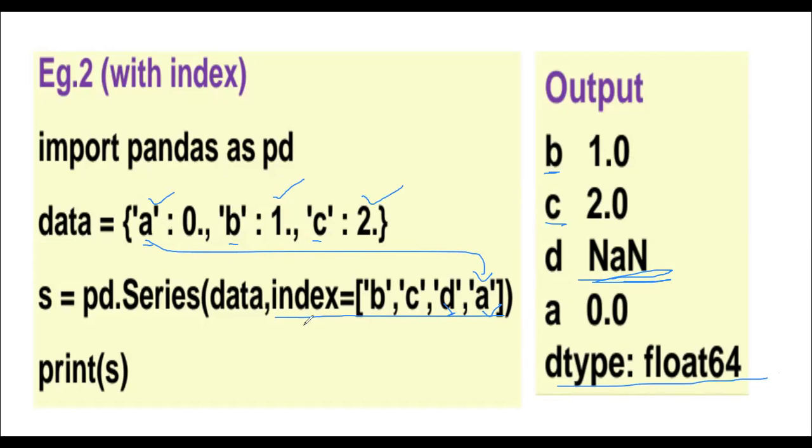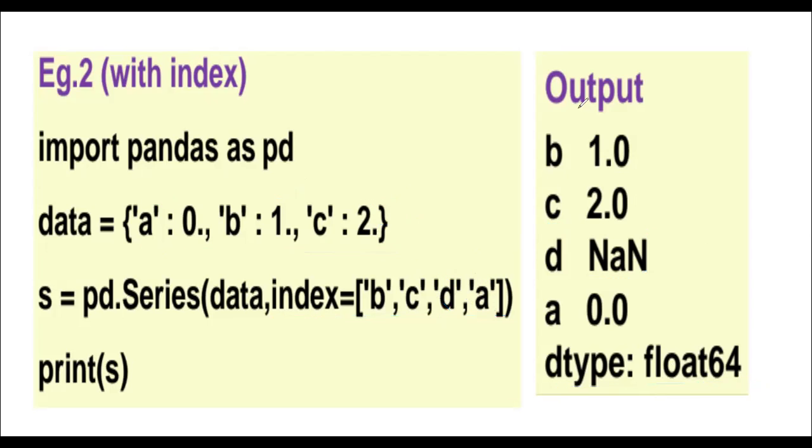So this is how we can create a series through a dictionary using the index. Okay. So if the index and key are the same, that value will come. Suppose the index you specified is not there, suppose here see D is not specified as a key in this dictionary. So we are getting a NaN value over here. I hope it is clear to you.